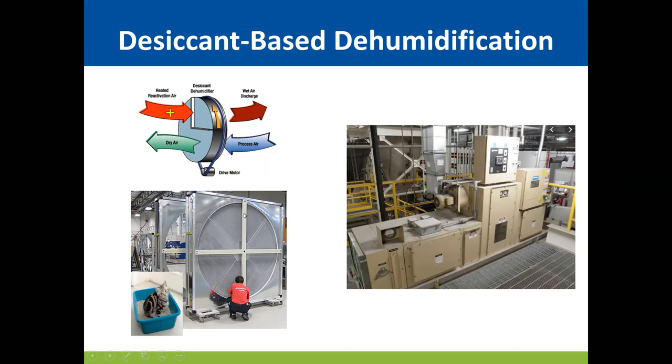And then we reject that moisture by heating a portion of this wheel as it rotates. It's rotating in one direction and picking up the moist air from the room, and then it continues to rotate, and then we blow hot air over it to recharge that desiccant. We might then blow cool air over another section of this desiccant so that we're not adding heat back to the room. It's a process, and these equipment are big.